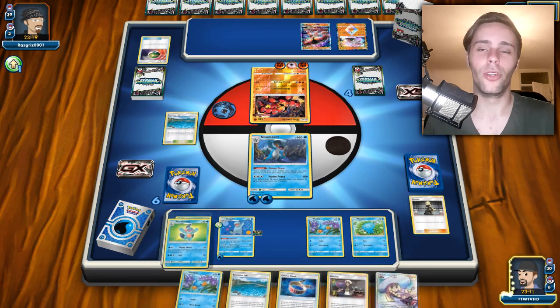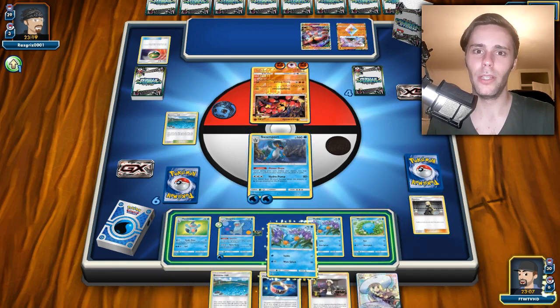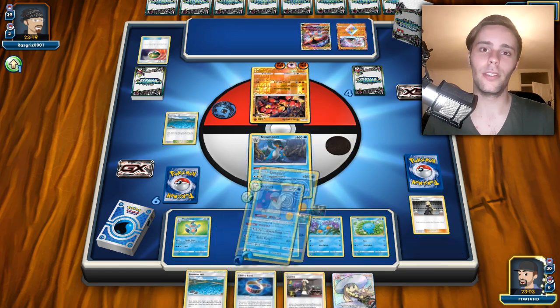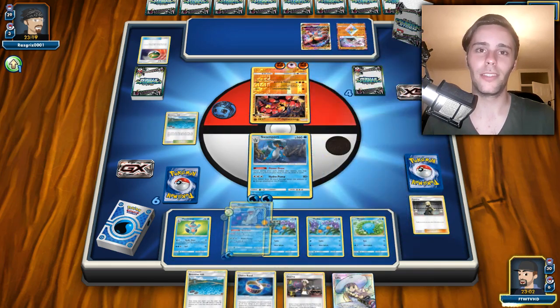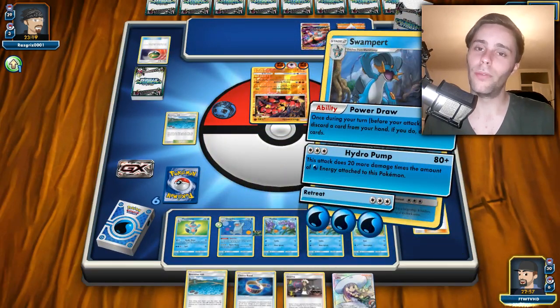Oh, there we go, Marsh Stomp. Great news there. I'm going to Brooklet Heal. No, there's nothing else we can Brooklet Heal. That's a shame. Drop another Mudkip. And I think we're just going to go for the Wash Out ability and just go for...